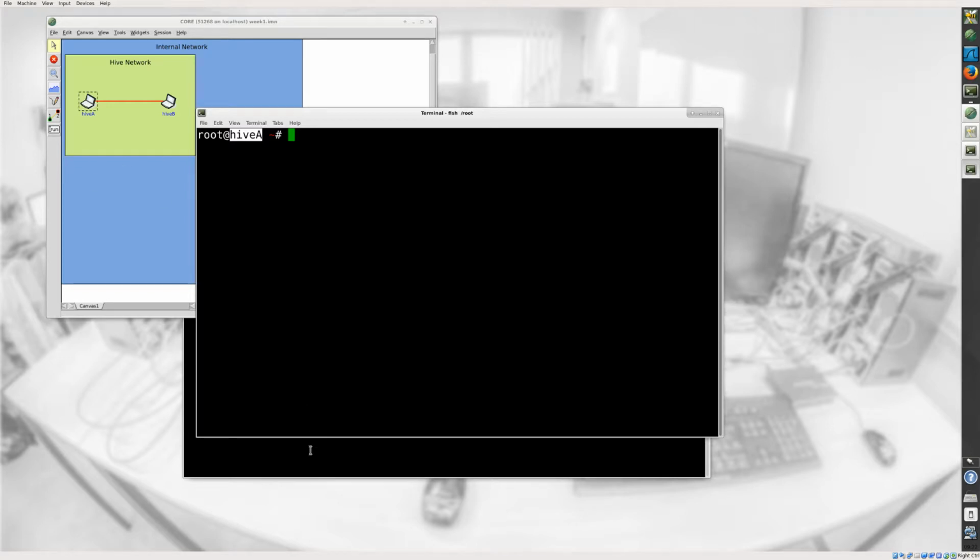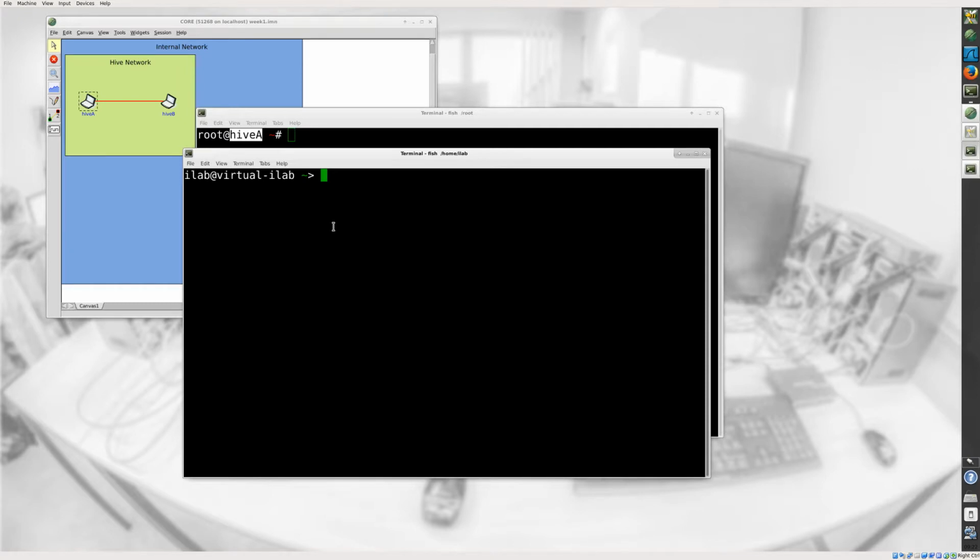That means everything we do here changes the file system of the VLab and does not affect the core setup. Except, of course, if we change anything before we start a core setup, for example creating files, and the core setup doesn't override these files, then these files would also be available on all of the core hosts. But if the setup is already running and you do anything in the VLab, it doesn't affect the core setup at all.